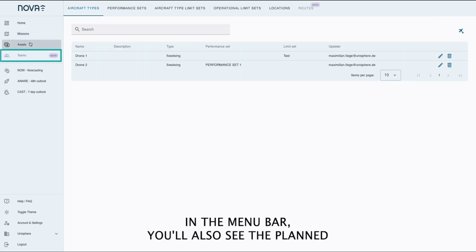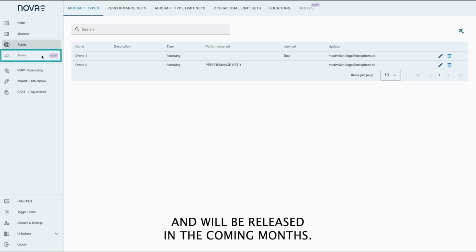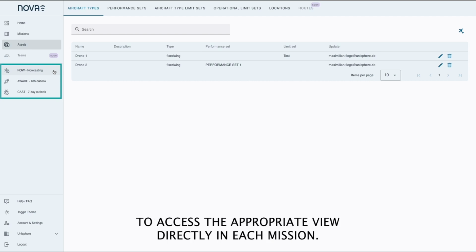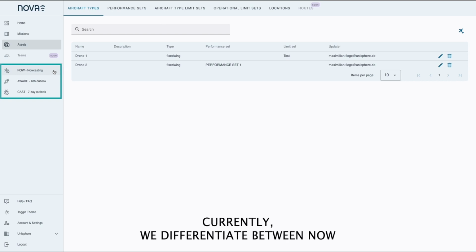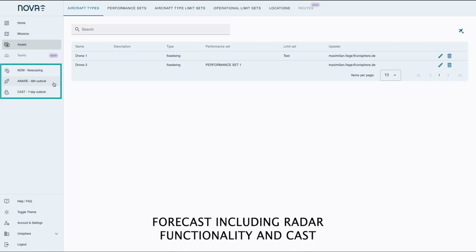In the menu bar, you'll also see the planned new features that are already in development and will be released in the coming months. Below that, you'll find the various types of weather analysis designed to access the appropriate view directly in each mission. Currently, we differentiate between our nowcasting, Aware, a 48-hour forecast including radar functionality, and Cast, our